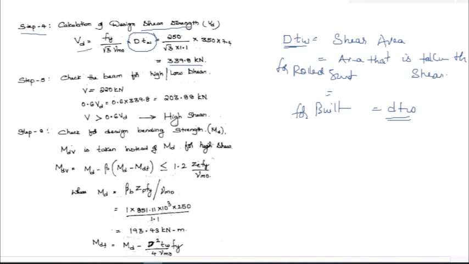What is this design shear strength? So this is the maximum shear that this section is able to take. What is that section? ISLB 350. Okay, so what we are trying to do in this step 4 and step 5 and step 6 is, we are trying to know what is the capacity of this section and then verify with the loads that are